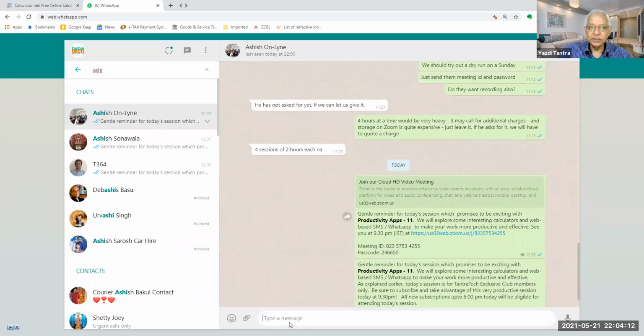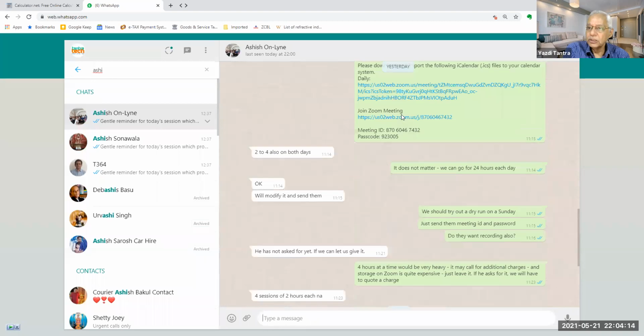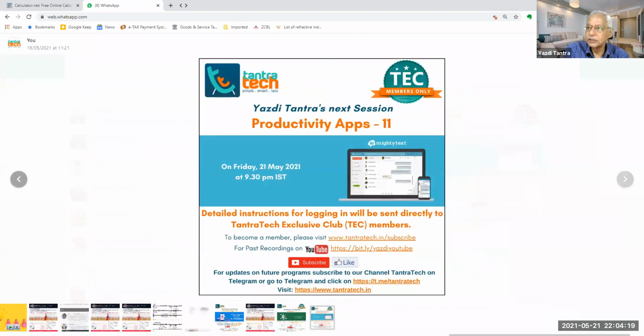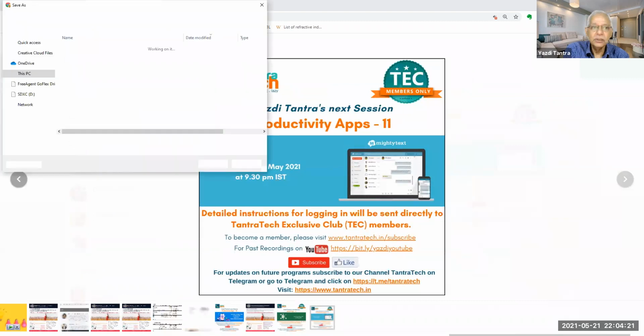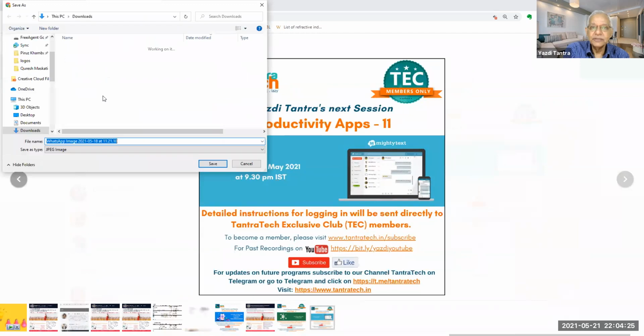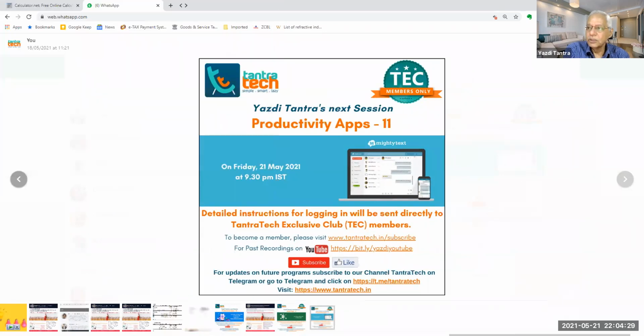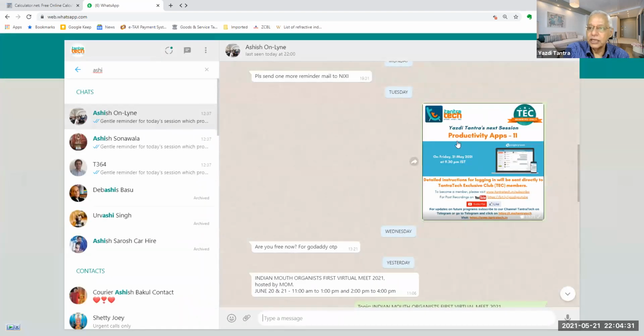If there is a picture here, then I can download the picture. Suppose there is a picture here, I want to download this picture. I come here and I just say download, and I can download it on my computer. Otherwise it becomes very difficult to handle something on WhatsApp, right? So I can download a picture, I can upload a picture.